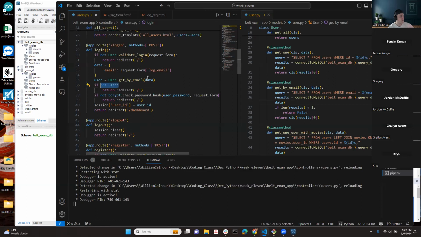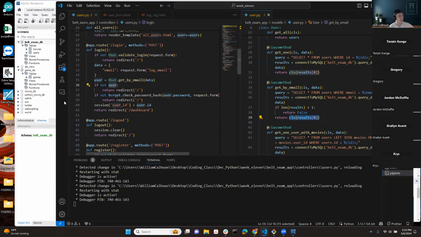So what this is saying is, okay, we run my get by email. We're saying if not user, this is another way of saying if I get false, because remember when we're calling this method, its value is whatever is returned. And so in this case, if I didn't have that email, user is going to equal false. So I say if not user, meaning if it's false, then redirect back, because I don't have that, right? And here I could have a flash message that says invalid login or email or password. If I get past this point, meaning that I did get a user back, right here,